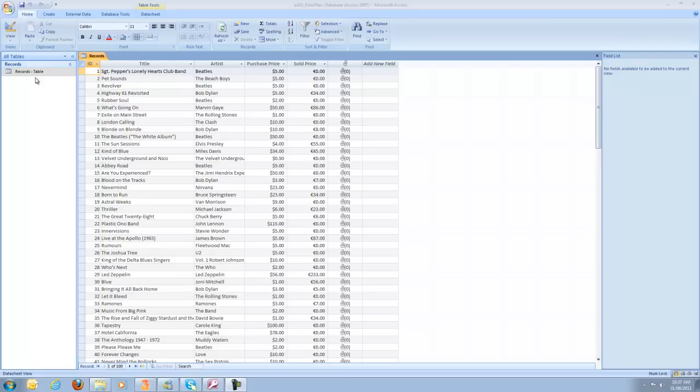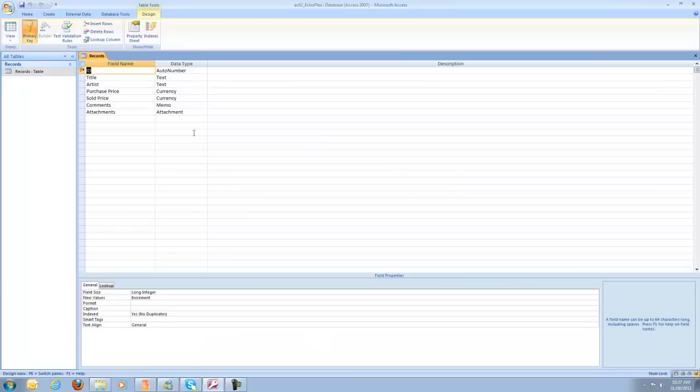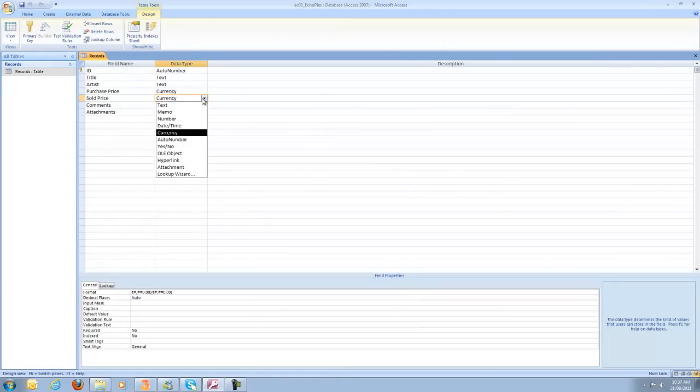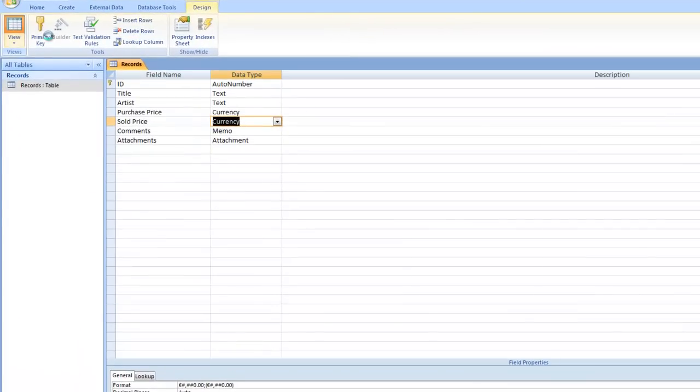It's now asking us to change the format property for the sold field to currency. Okay, so we just go into the design view and we actually find out that it's already currency. Okay, so that's fine. It now tells us to use the search and find function